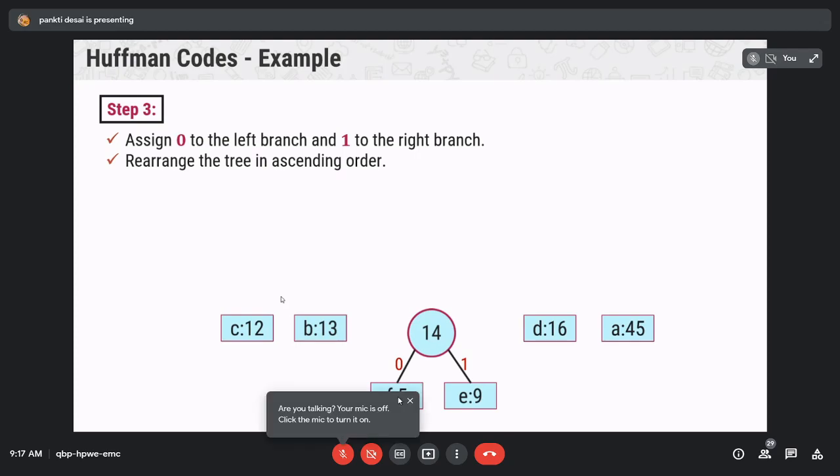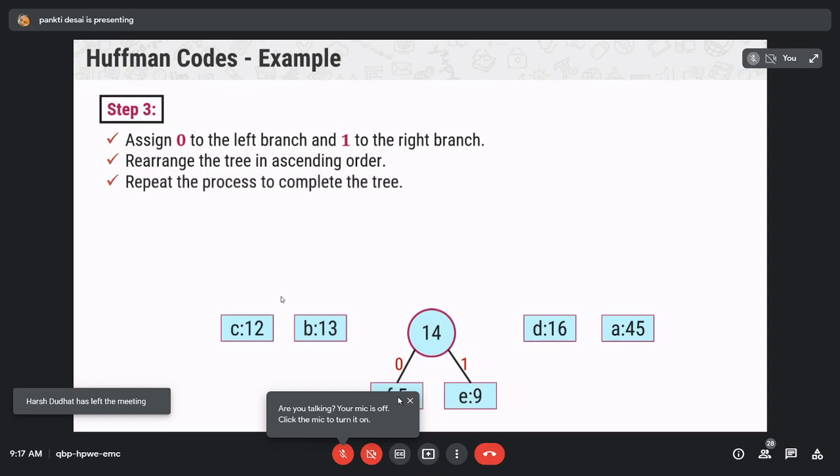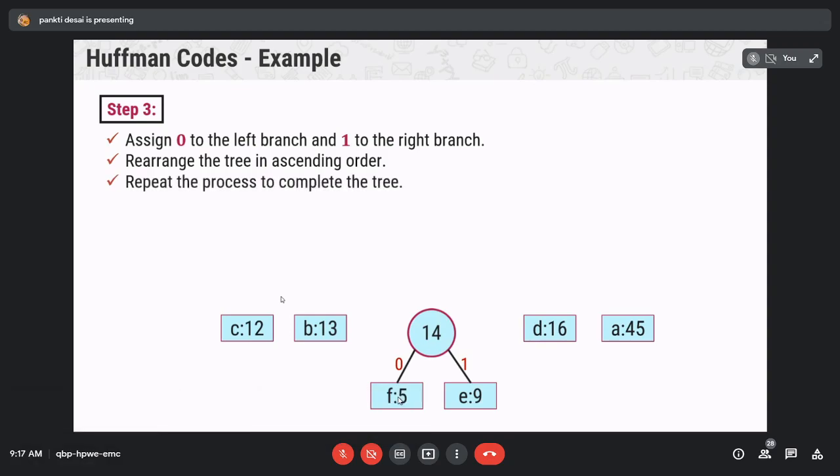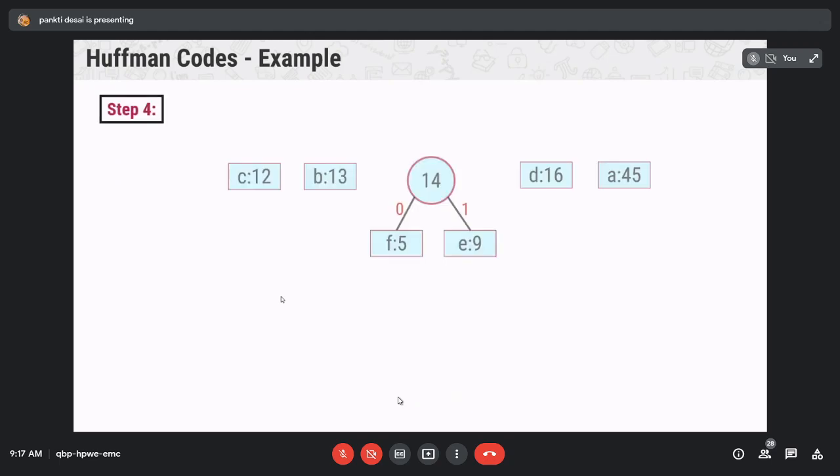After assigning 0 and 1 to the left and right branches, rearrange the tree in ascending order. That we already did. Repeat the process to complete the tree. So this is just step number 3. Next our minimum frequency nodes are C and B. Create one new internal node with the sum of these two frequencies, that is 12 plus 13 is equal to 25.